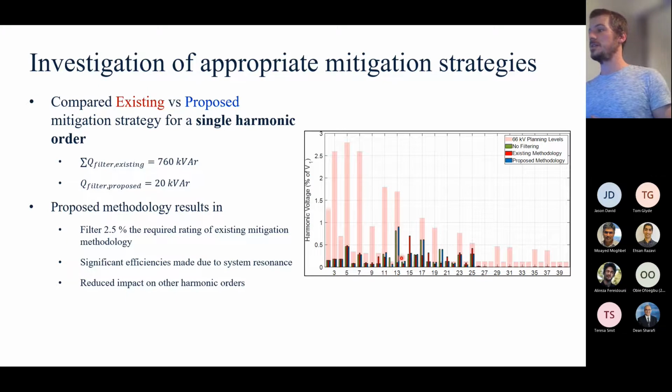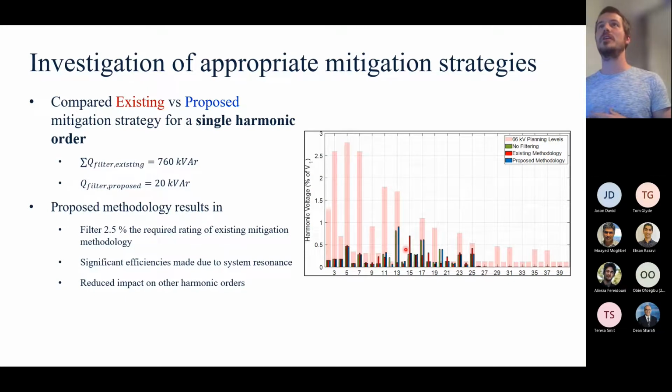So what you can see here is that with business as usual at the 15th, it's a little bit difficult to see, but with business as usual, we're mitigating the 12th order, but it ultimately results in the 15th order actually exceeding planning levels, because whenever you connect a harmonic filter, you're shifting harmonic frequencies, or harmonic resonances, sorry. And so there's a lack of communication almost in the design process, and you can ultimately